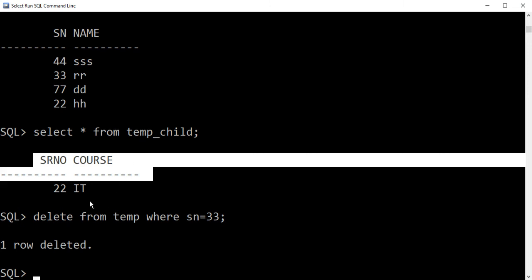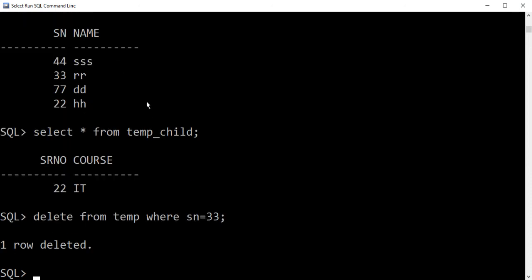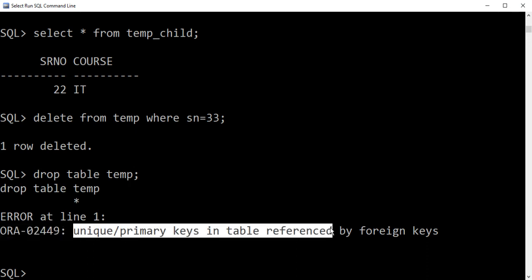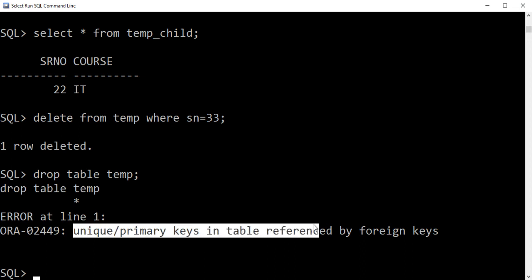In the same way, as this temp table has one child table, we cannot drop this table. So let's check this out: drop table temp. As we were trying to delete a master table that has a reference table as a child table, it shows the error that the primary key of this table is referenced by some foreign key.